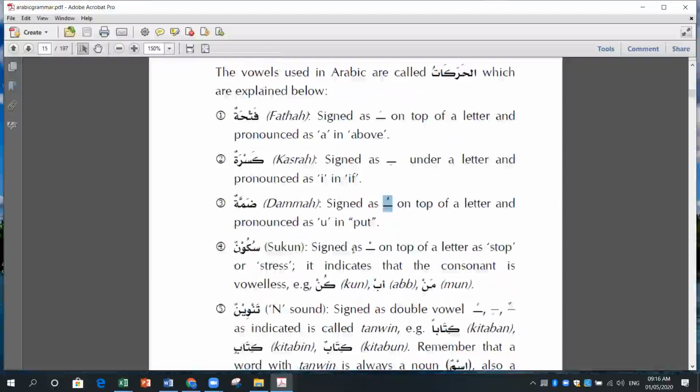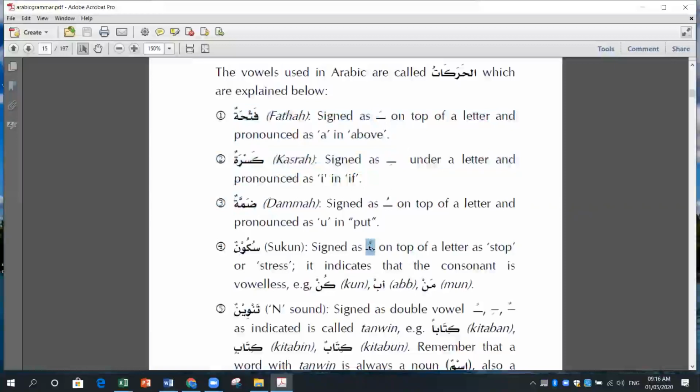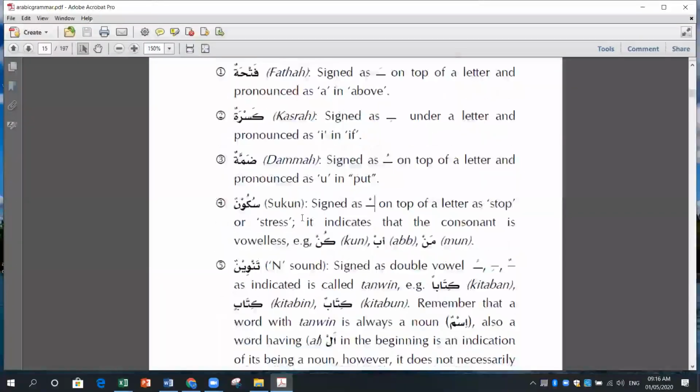Sukoon. Sukoon is when there is no sign. These three are the main movements because they give the sign fatha, kasra, dhamma. They give the sound of the letter. Okay. For example, it is a, or e, or u, right? But if there is no movement, there is no a, e, u, then it will be sukoon. It might be written like this, a kind of small circle. And in different styles of writing, it might be some small greater-than or less-than sign. Sometimes it is also written like that. But sukoon means when there is no movement,